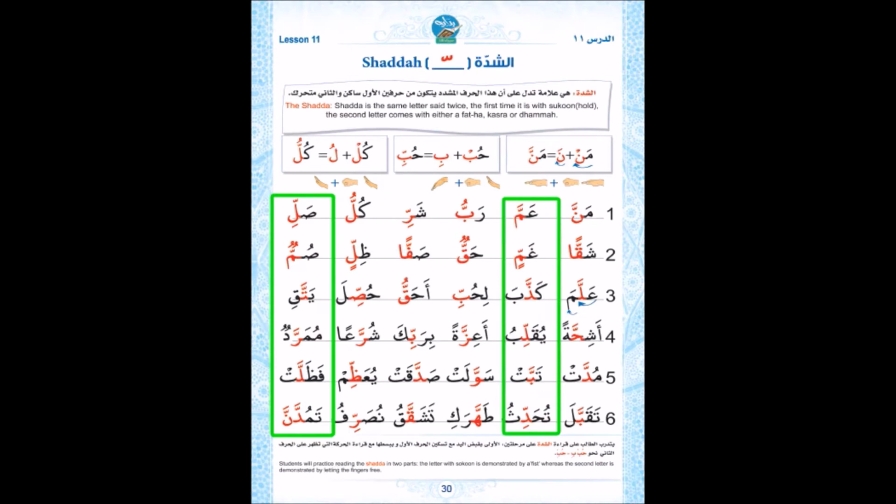So each group will have a sample of the different types of shadda. As usual, refer to the objectives at the bottom of the page, as well as Bidaya's website and the workbook. You can find lots of practice on shadda, and alhamdulillah, we have the audio recordings online and the instructor's manual